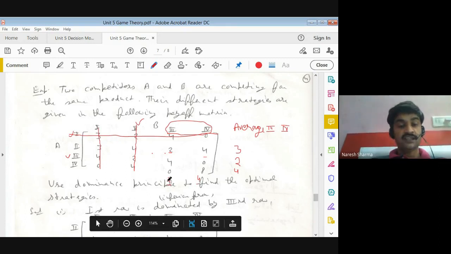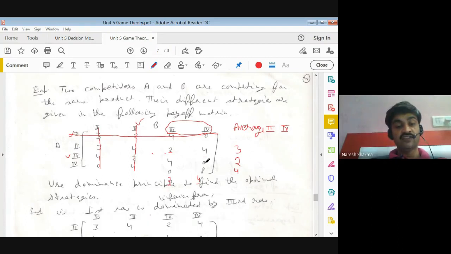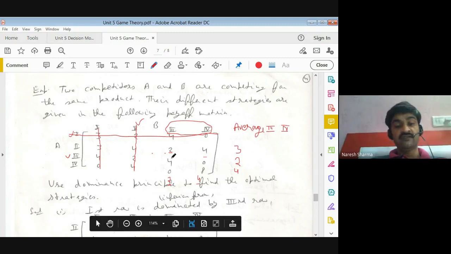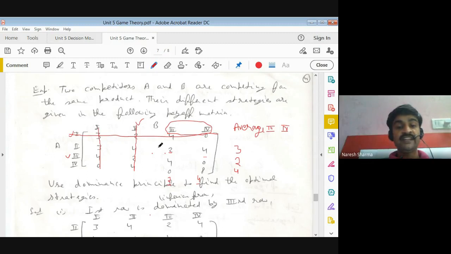So we may say this second is inferior to the average of these two. So in row we delete the inferior one. You may say these are equal, not inferior, but the inferior and dominating conditions say that all values are less than or equal to. So here if these are equal, then we also neglect this first one.